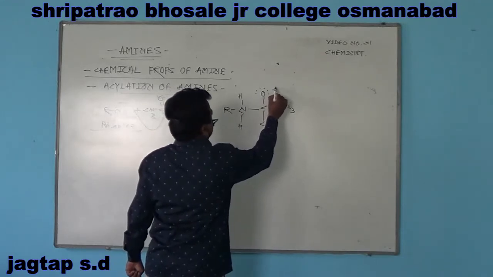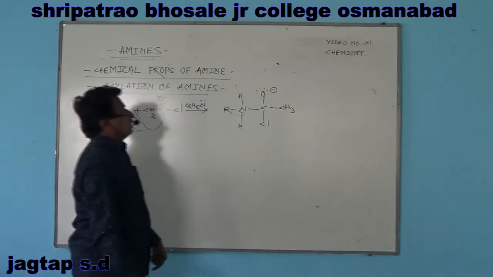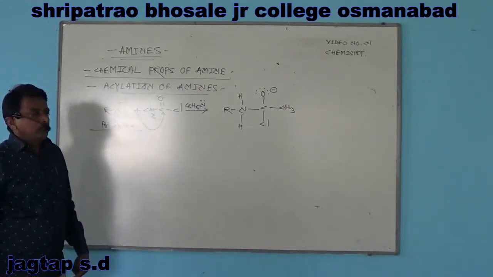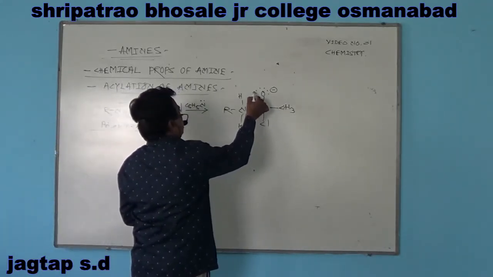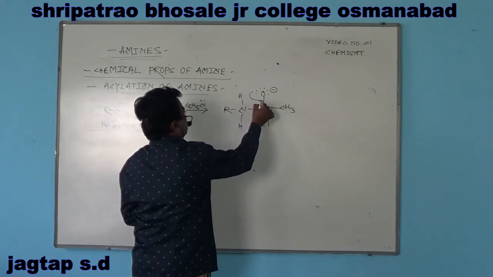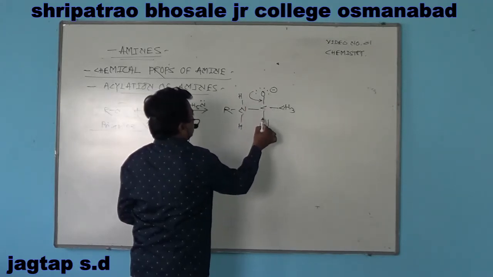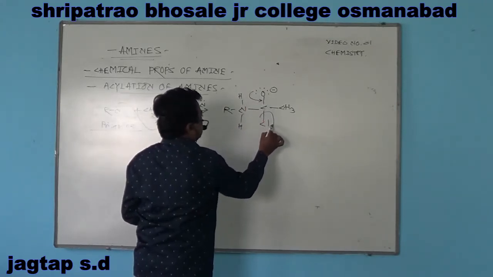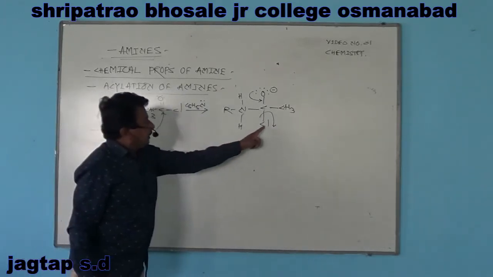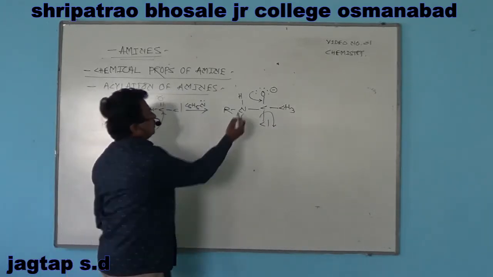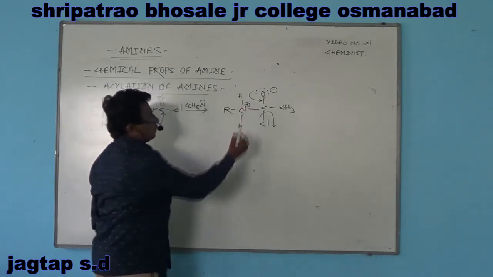It carries a unit negative charge. Then a pair of electrons shifts back to its original position. At the same time, the C-Cl linkage breaks heterolytically. Then it abstracts a proton towards itself